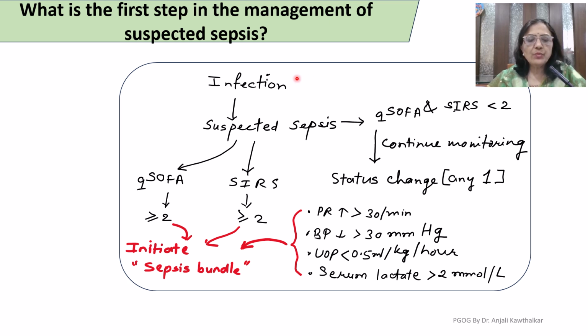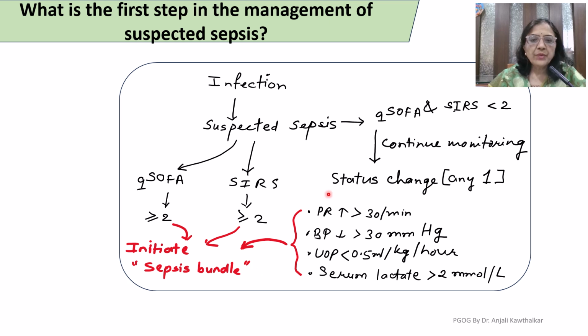Now, coming to the management. What is the first step in the management of suspected sepsis? Whenever there is an infection and we are suspecting sepsis, we will be going for QSOFA and SIRS criteria. Anytime it is less than 2, we continue monitoring. And if there is any status change, then we have to initiate the sepsis bundle. If there is a SIRS criteria greater than or equal to 2 or QSOFA greater than or equal to 2, fulfilling it, that means we can diagnose it as a case of maternal sepsis and we need to initiate